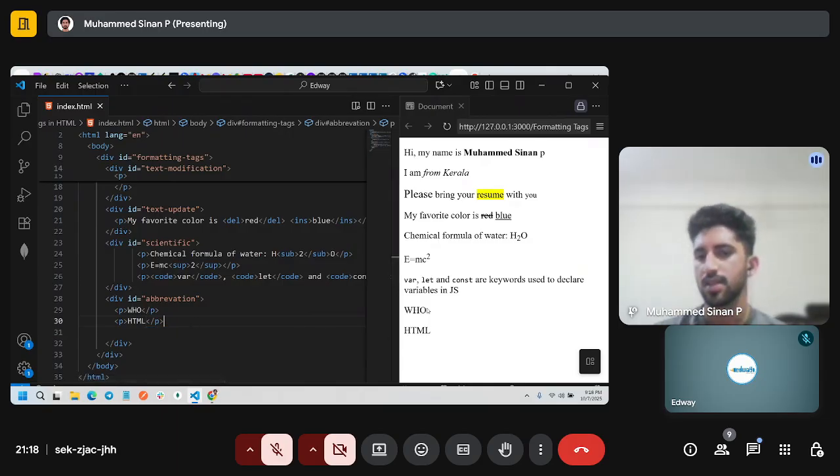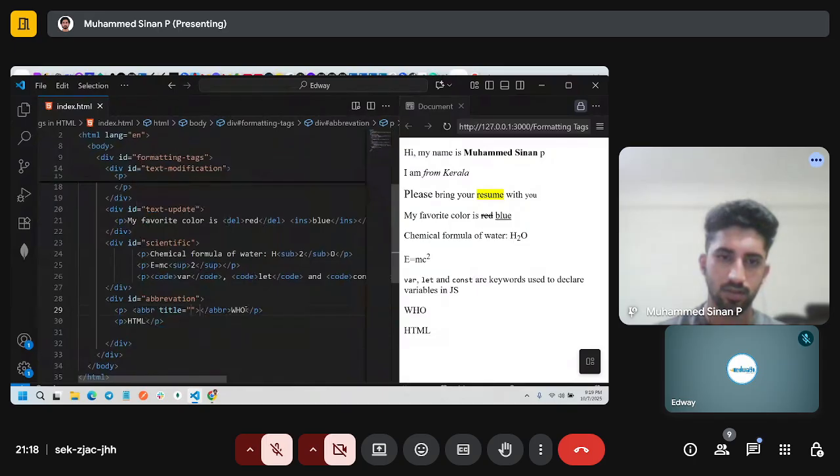You can see that this is the abbreviation. But screen readers can't understand what WHO is. If they need the abbreviation, you can write the abbreviation here, or you can wrap it within an abbreviation tag.